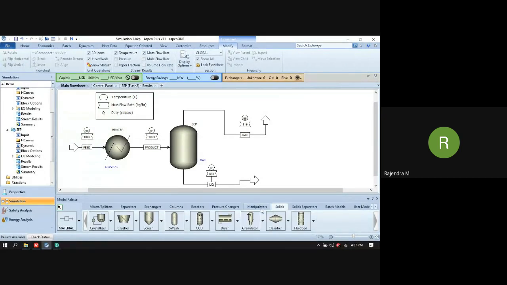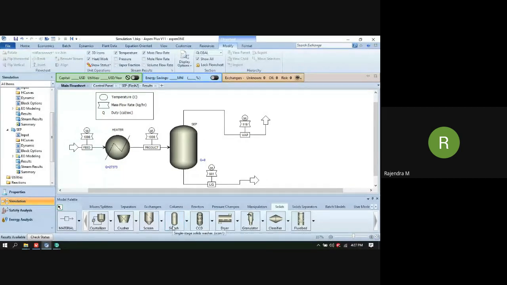For solid operations like crystallization, you can use this crystallizer. Then there is a crusher. You have Bond's law, Rittinger's law, and so on. You can calculate the energy requirement based on the available input feed as well as the required output grinding size. This is a crusher operation. Then the screening is there. It models solid operation based on the screen. What will be the undersize and what will be the oversize, you can determine using this screen.